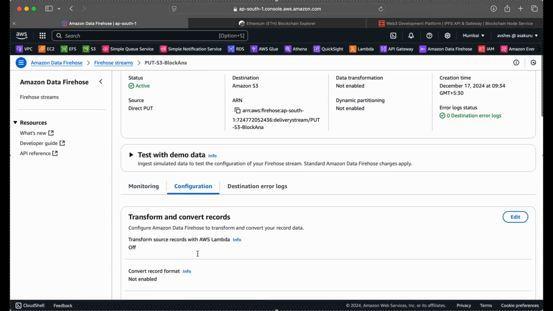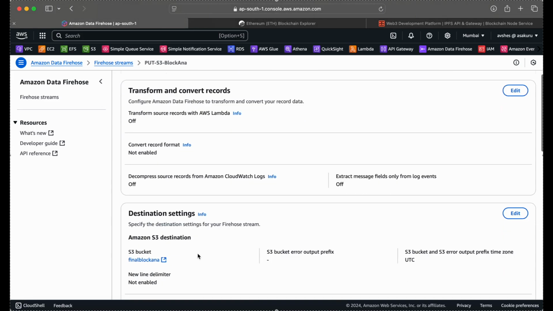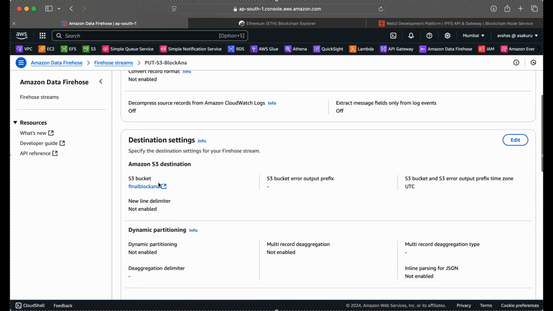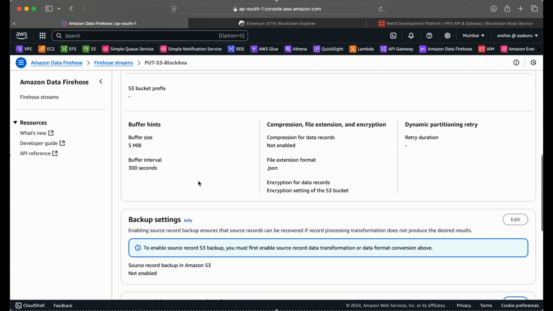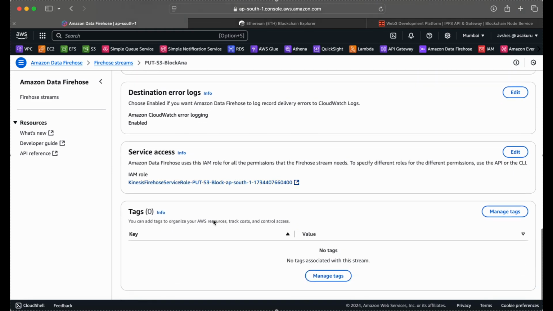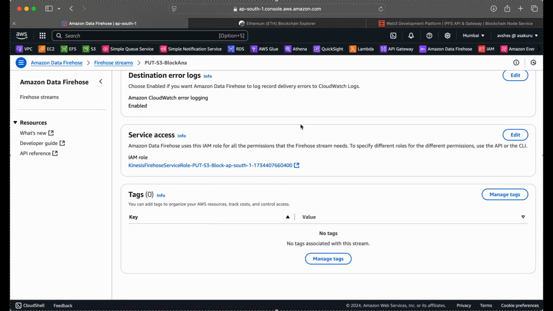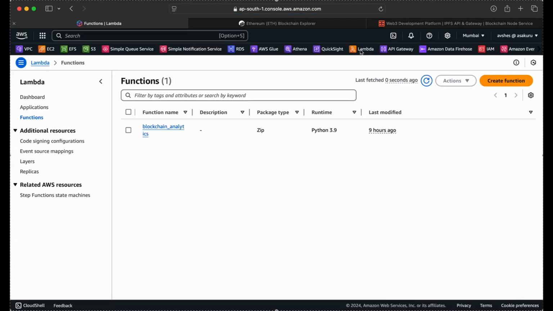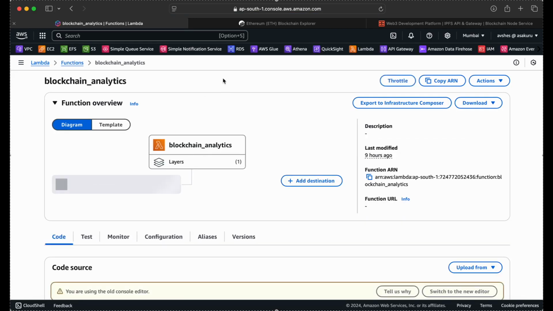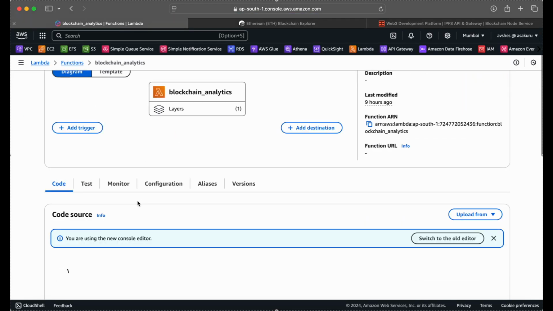And configuration, simple enough. Added the S3 bucket that I created as a destination, and everything else was standard configuration. And the most important other part,